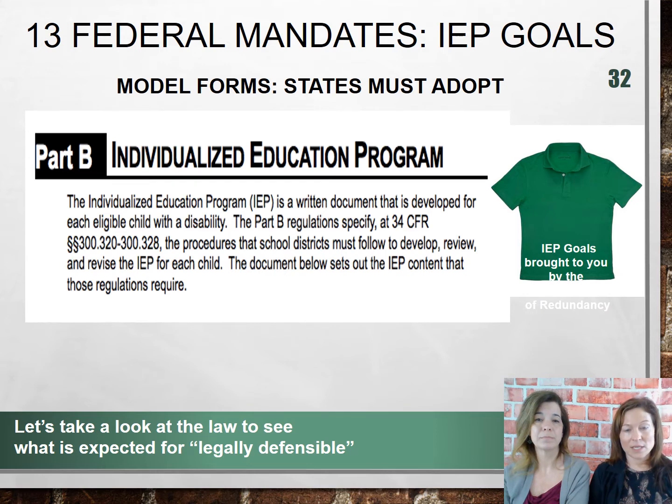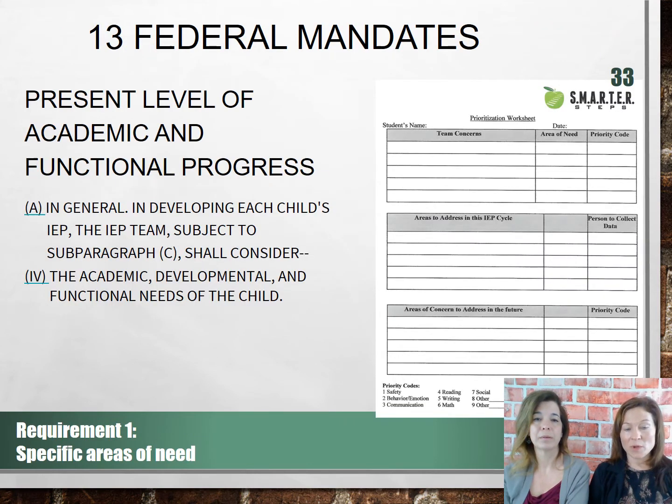So let's go into the next part. The first requirement is that you need to consider the specific area of need for the student. This is supposed to include academic and developmental functional needs of the child. So when districts say to parents, oh, we only have to look at academics or grades, they're forgetting the other two parts, the developmental and functional. And I think that the actual law doesn't even use the word academic, right? It's educational. It just says educational setting or educational, which really isn't just about the academics. Educational is about the entire education of that child.